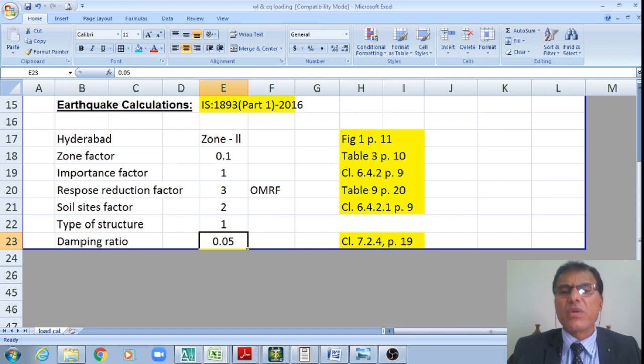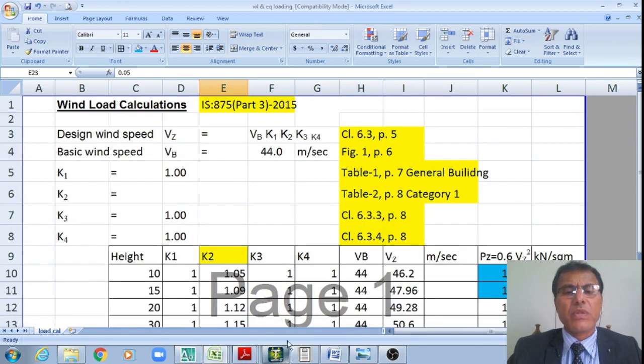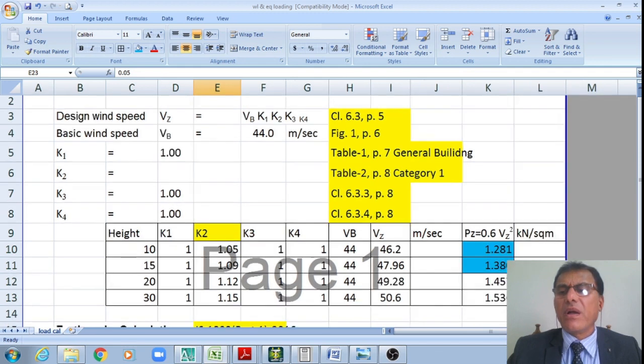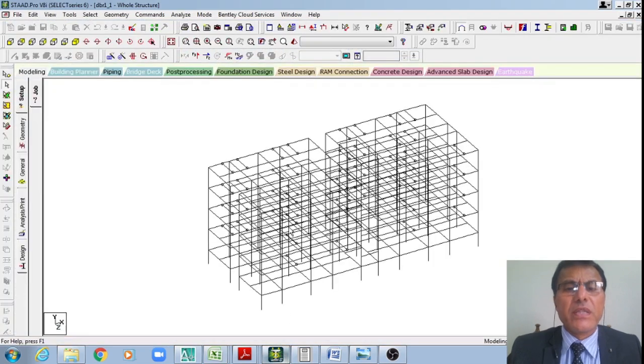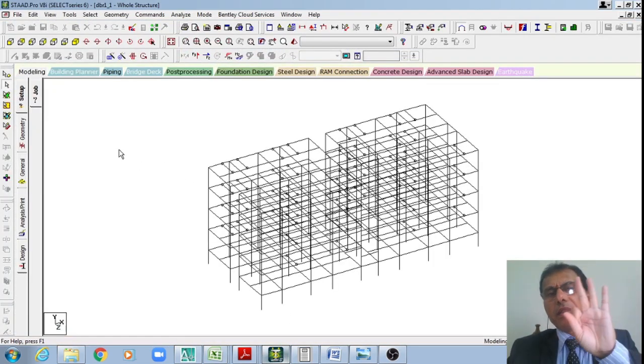I think once you understood these inputs, student, I'll move to STAAD. Let me just reduce the font size so that I can revisit it. This is my STAAD model. So far I have explained three designs. One, the design of the slab. Even I have shown the reinforcement detail. The second one, the design of the